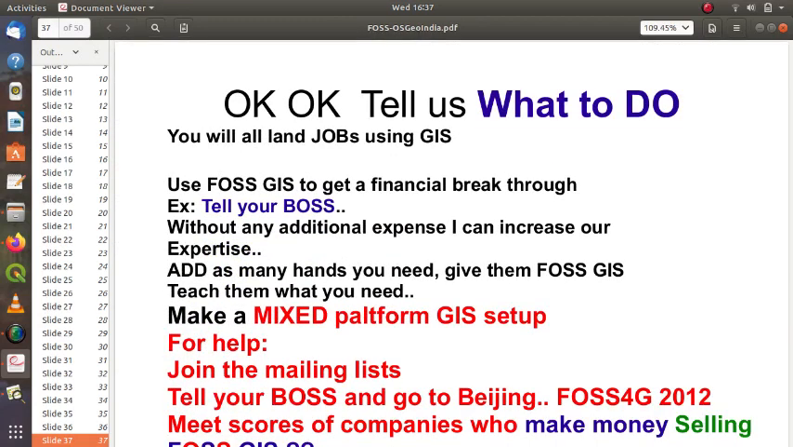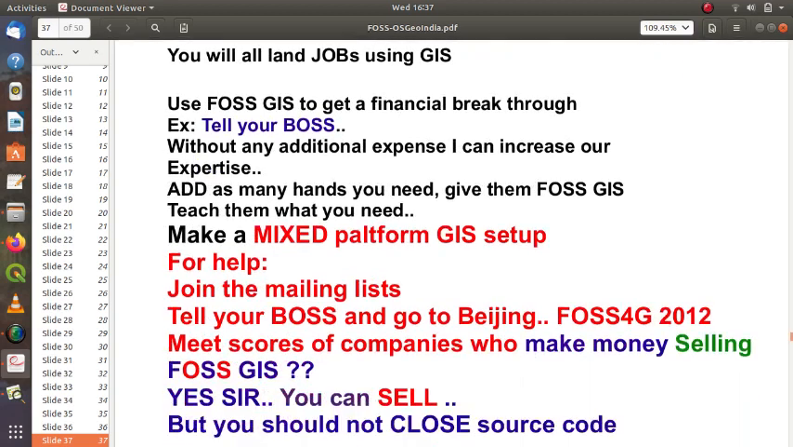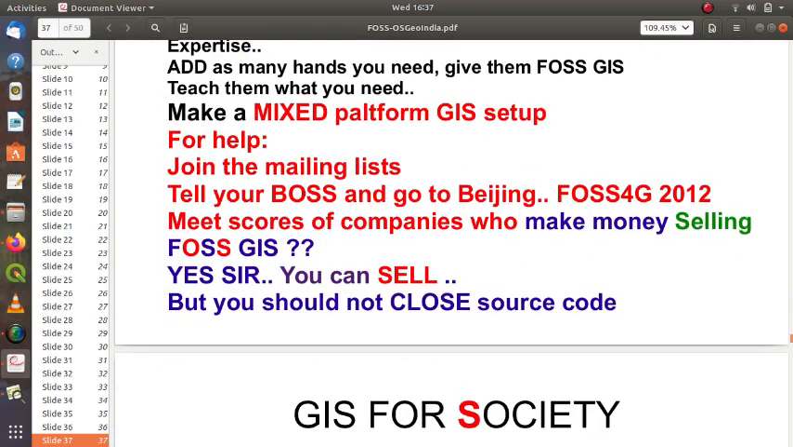You will all land jobs using GIS. Use free GIS to get a financial breakthrough. Tell your boss, without any additional expenses. For example, the Department of Science and Technology now gives summer courses, winter courses on quantum GIS. That's what we are trying to acquaint you with. So remember,